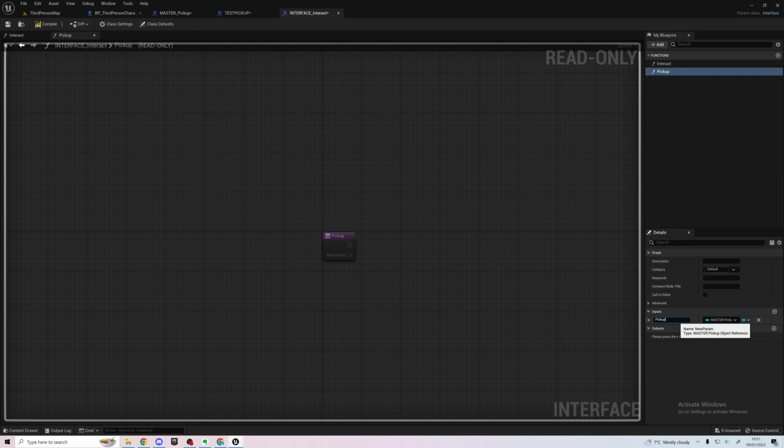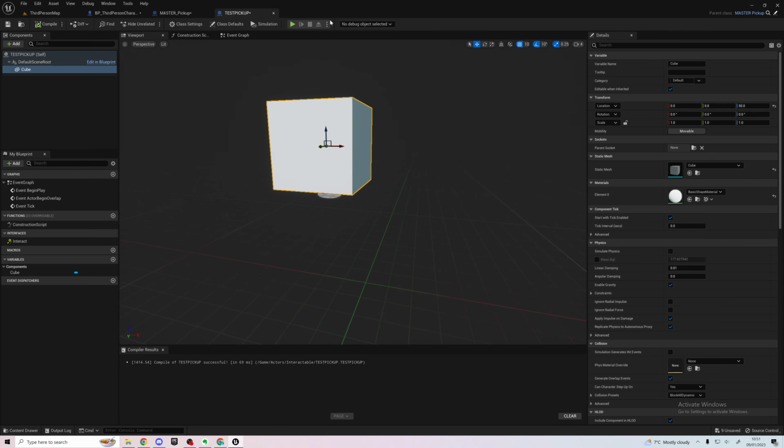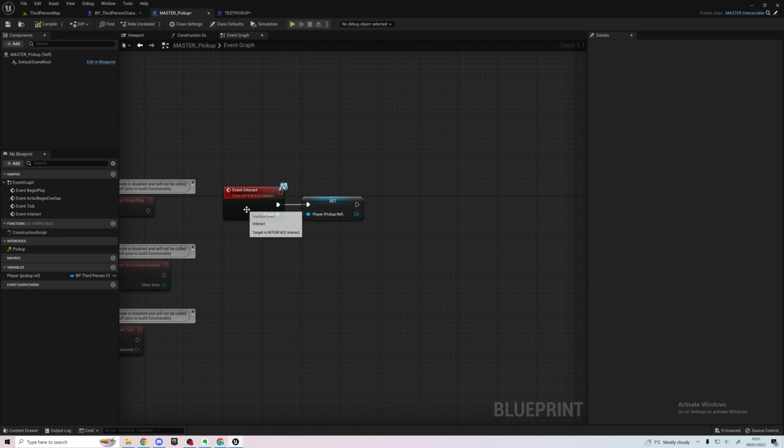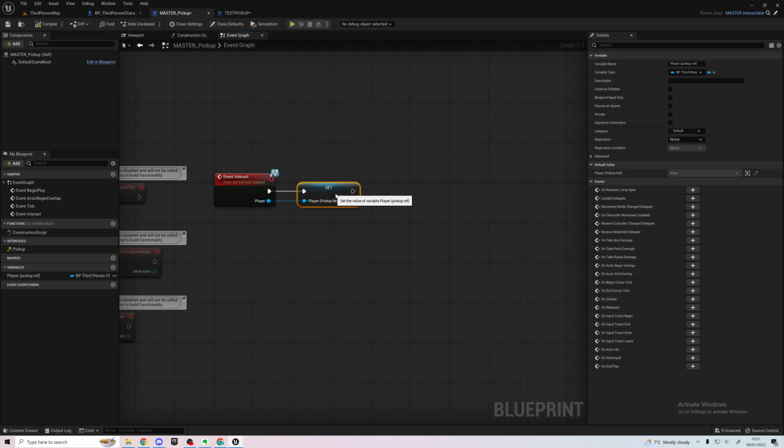Pickup. What should we do? Object to pick up, actor to pick up, actor to pick up. Compile that. So after it's set the player, we're going to have